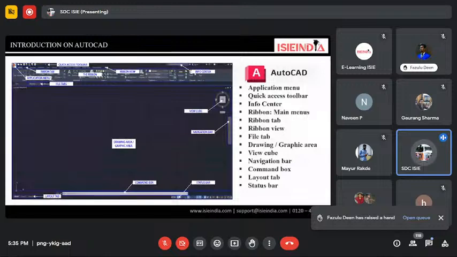In AutoCAD, we have a lot of tools along with a lot of features, and these are some of the basics. These are some major head topics which we see in the AutoCAD Electrical software: application menu, quick access,